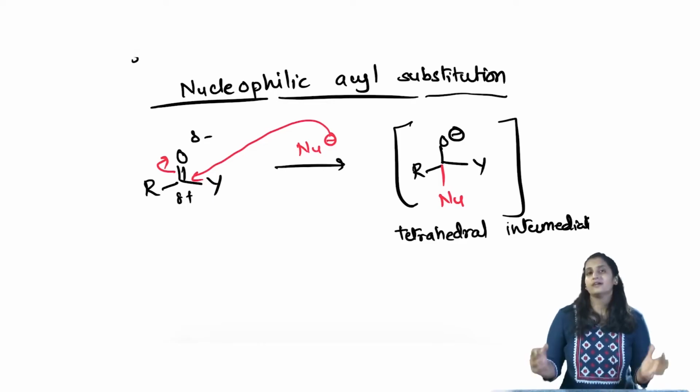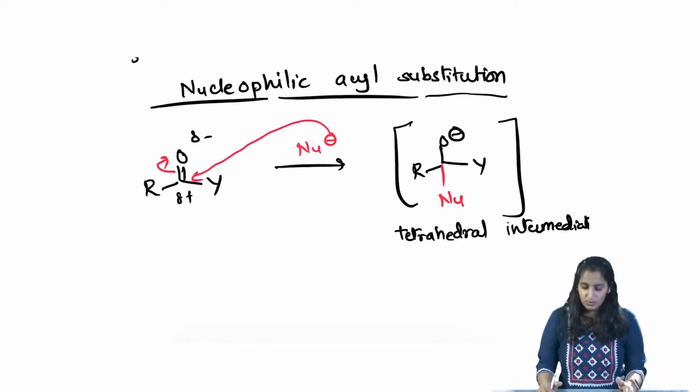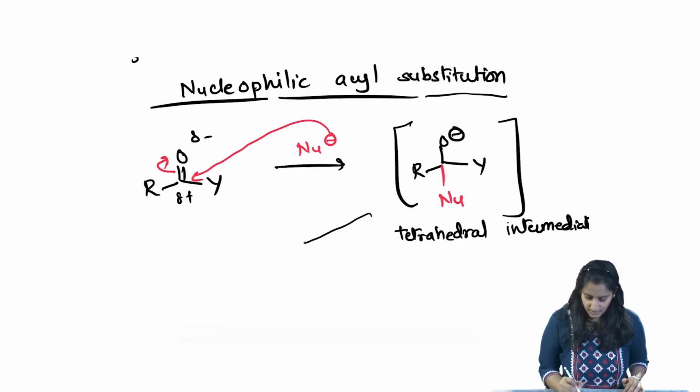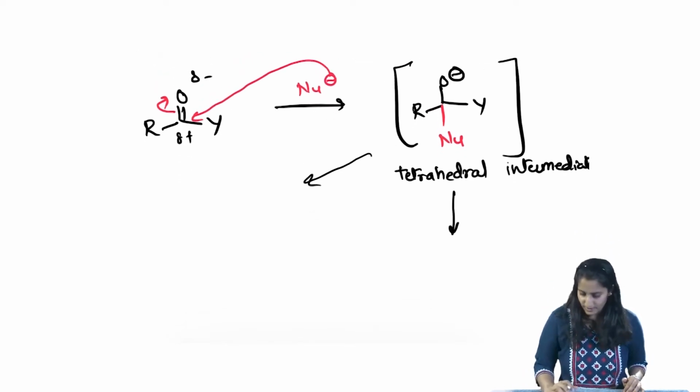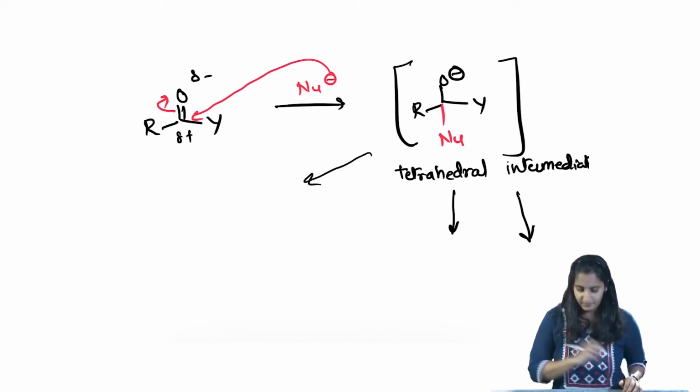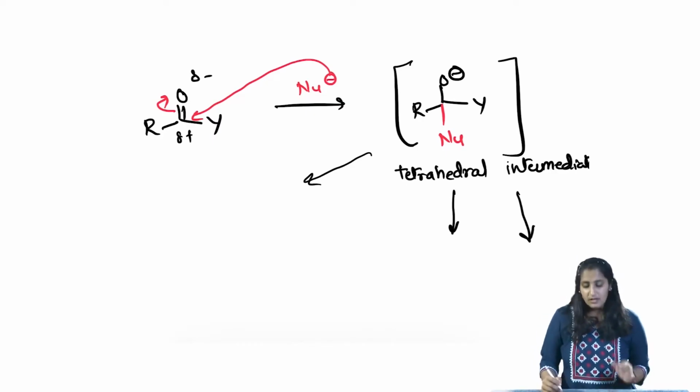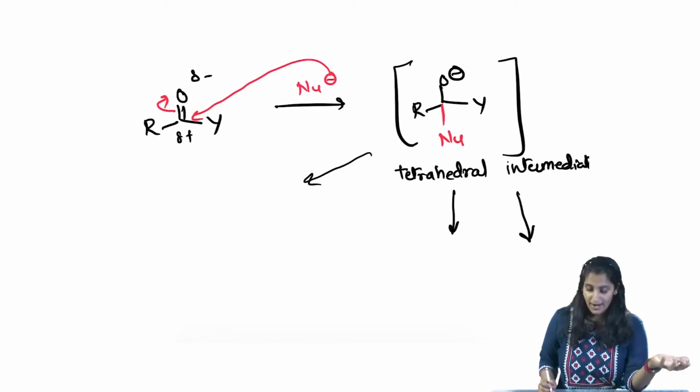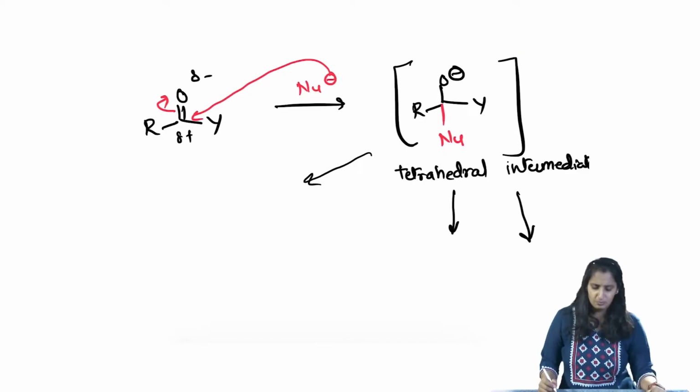Now, what is the fate of this particular intermediate? There are two fates that it can have, or rather 3 fates. Let me look at it this way. Now, if the nucleophile is a better leaving group than Y, where Y is a group based on the starting derivative,